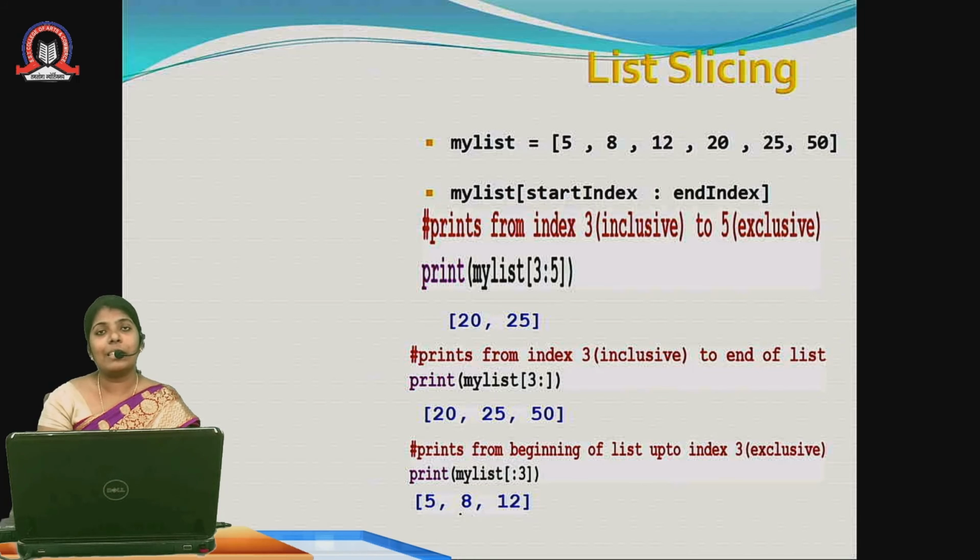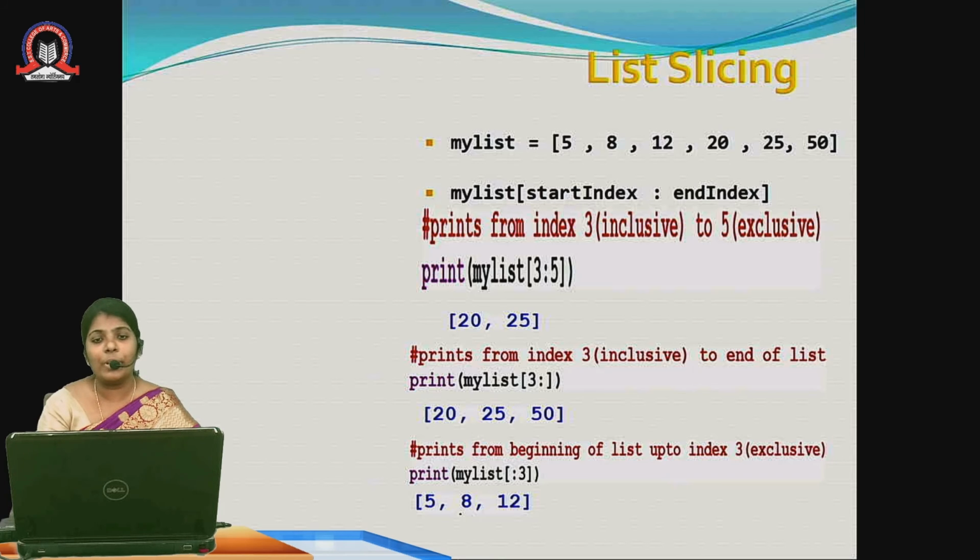Now list slicing. You know slice. What is the meaning of slice? Slice means a piece of a fruit: apple slice, mango slice. Here also, in the list you can take a slice, a small bit of information. For that you give the starting index and the ending index.